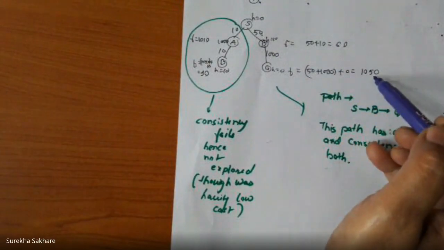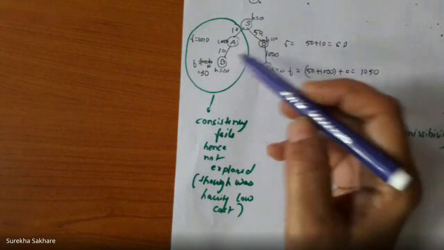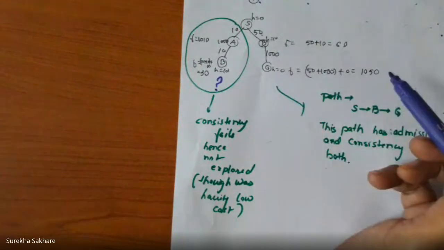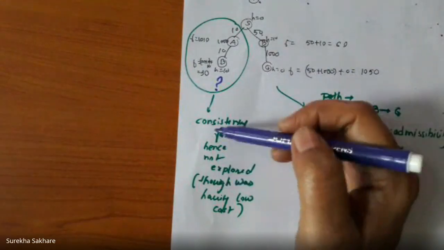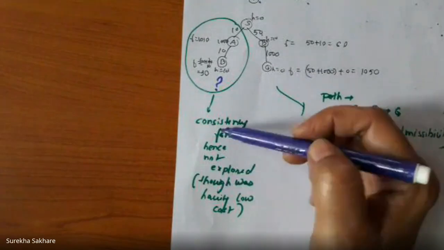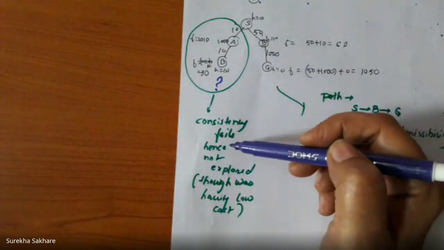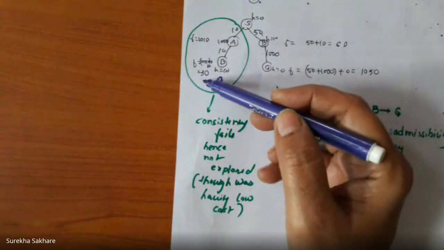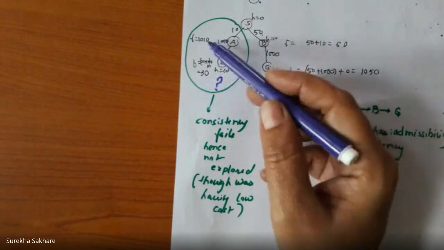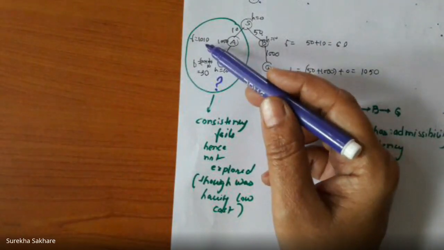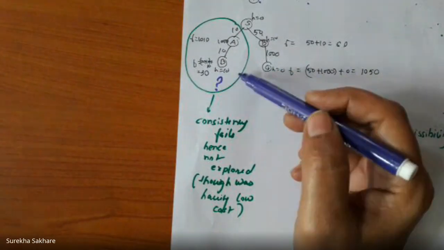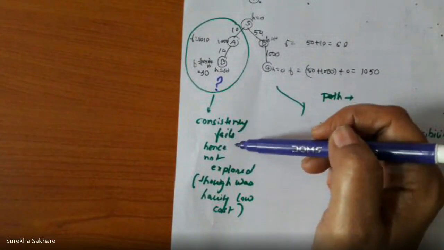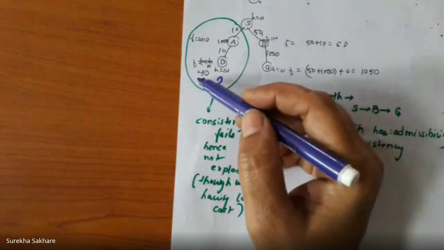Really, if I want to explore from B to G, why should I? I do not require this exploration. Why? Because just observe. Consistency is failing here, because see that there is a drop in the evaluation function f. From 1010, the evaluation function has dropped to 30. So that means this is not the path. It is not following the consistency rule. That means f of s(i+1) is this, f of s(i) is this. The future node has a lesser evaluation function compared to the past one. So this is not consistent.